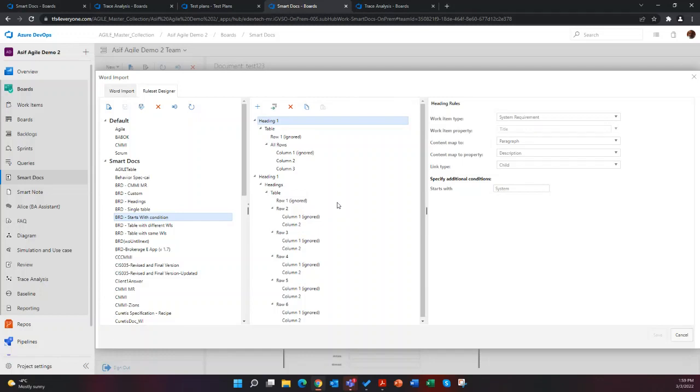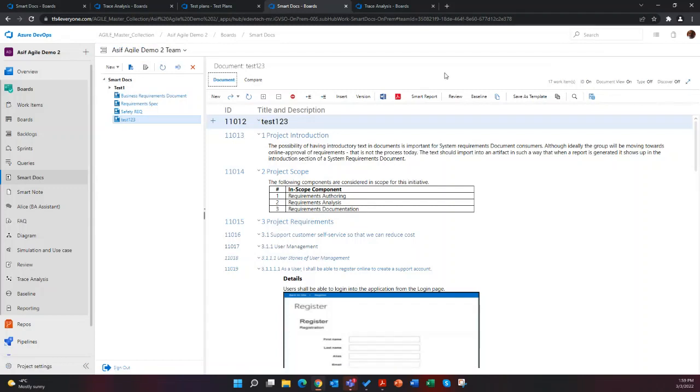Of course, the more consistent your formats are, the more you can use the same template over and over again in terms of the rule set to import your data. But there is a way to bring in Word documents as well as define your own mapping as to how to ingest your document as work items in Azure DevOps and then as a Smart Doc into Modern Requirements.